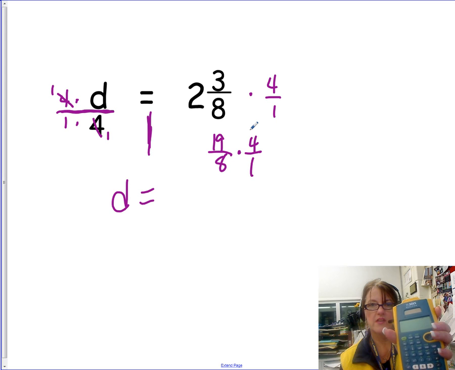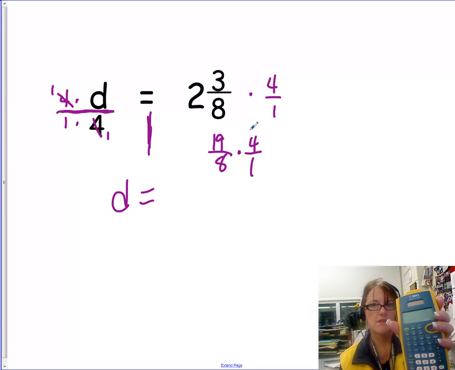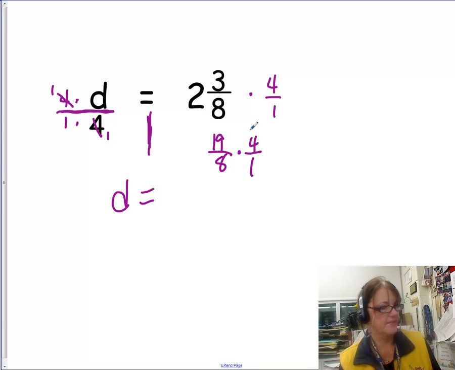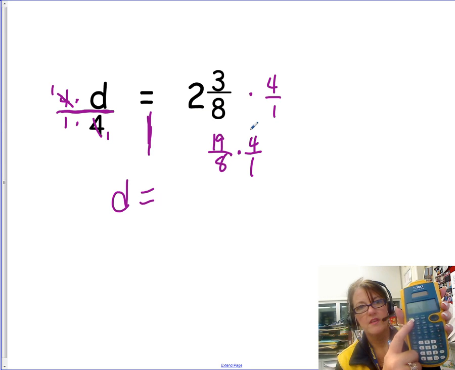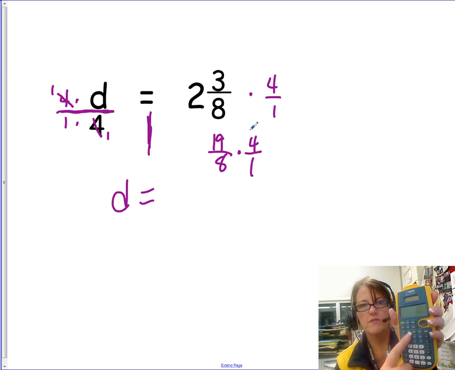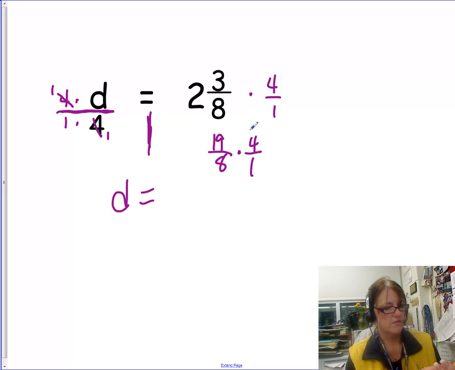Remember that on this particular calculator, which is the one that you will see on the Minnesota assessments in the spring, to get a mixed number, if you want to do that, press the second button up here and then the fraction button, which looks like n over d. So when I do that, I can plug in 2 and 3/8. Make sure you use your, gosh, how do I get over to, see, I can't even do this because I'm not so good at these silly fractions. Okay, plug it in your calculator and you should get, I bet it leaves it for you